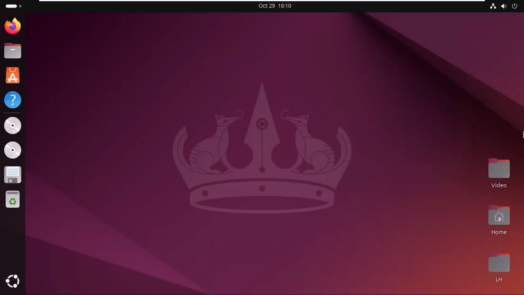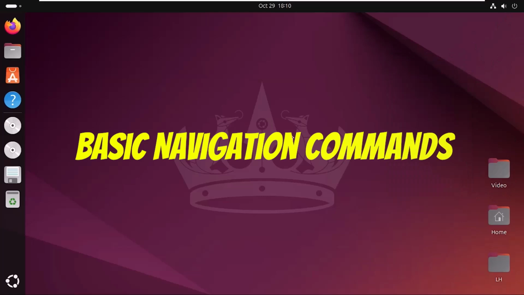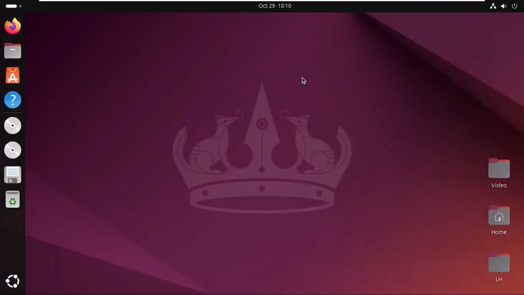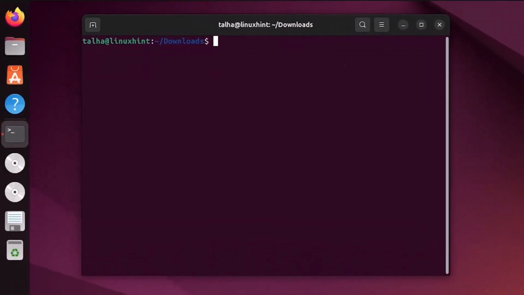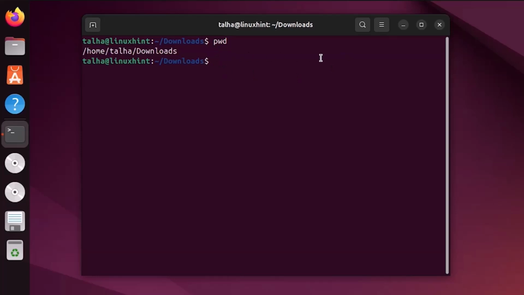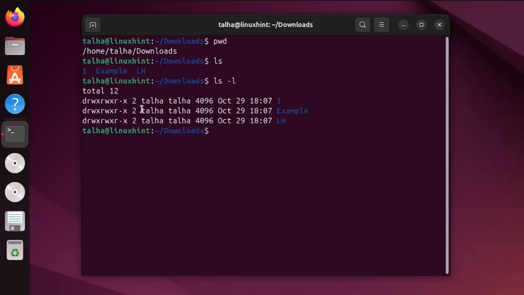So let's get started with some basic navigation commands. First up, the essentials of navigation. Think of these as your GPS commands for Linux. If you are wondering where you are in the file system, type pwd for print working directory and it will display the exact path of your current location. Easy, right? Now, ls is your best friend for seeing what's in your current folder. For a simple list, just type ls, but if you want details, use